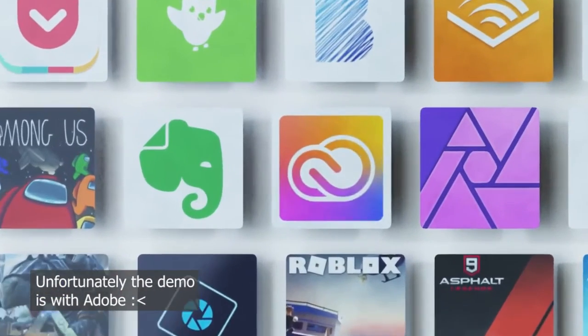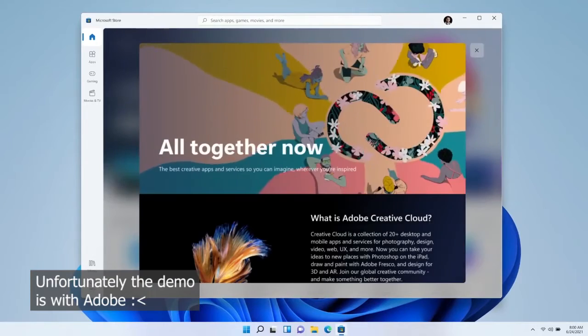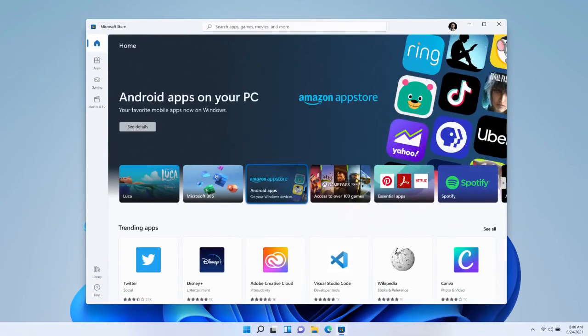Now let's talk about the apps, and, well, every app of course will need a marketplace. You guessed it, I used to stream it back then and probably will do it again someday. Microsoft Store is getting a design overhaul too. The menu is now on the side and rounded corners are everywhere. And surprisingly, Windows 11 will also run Android apps, probably through WSL. So I guess Project Astoria is not really dead after all.